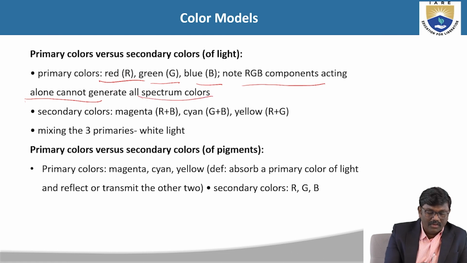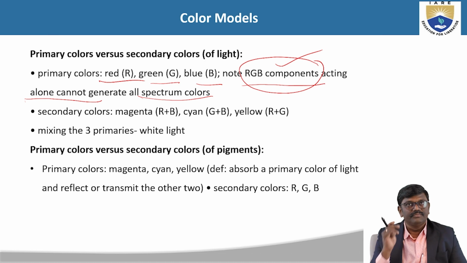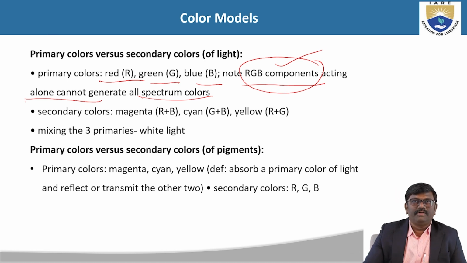So we'll keep only RGB components. RGB components acting alone cannot generate all spectrum colors. Understand? So the secondary colors are